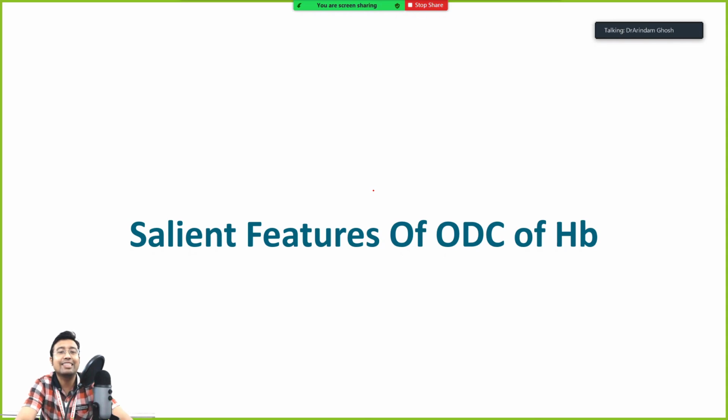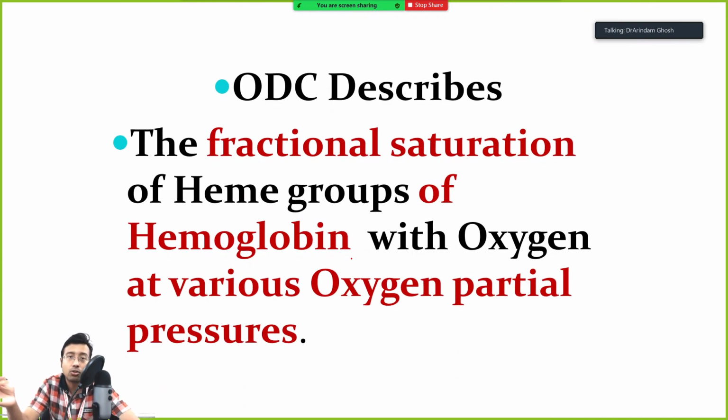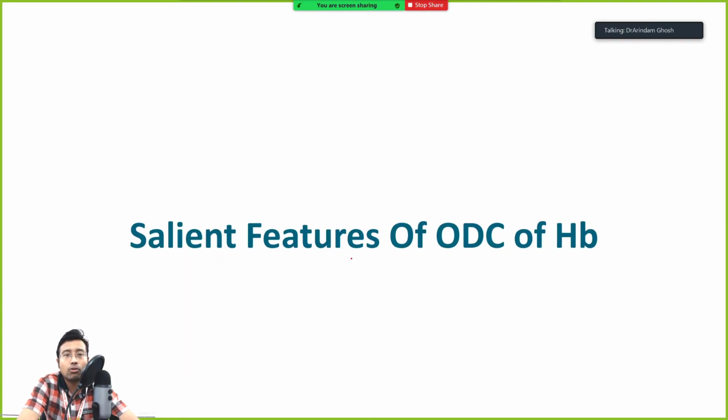Okay, so what are the salient features of the oxygen dissociation curve of hemoglobin? If asked like this, you would also be able to say many things. So let us see one by one. What does it say? Basically, this dissociation curve depicts the oxygen uptake and release by hemoglobin. At the beginning there is a problem in taking up oxygen, then it quickly takes it, and then it keeps holding on to it. So it is fully saturated even if the partial pressure of oxygen has not reached 100. This is basically the uptake, and release is in reverse order. Okay, reverse order.